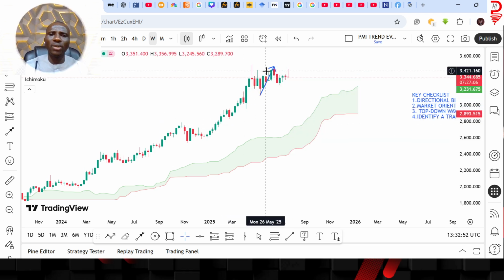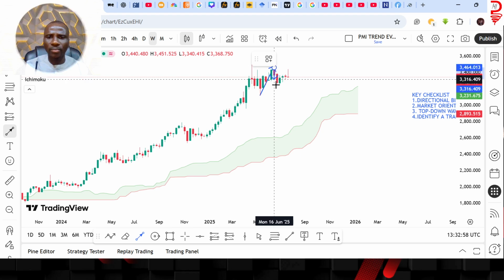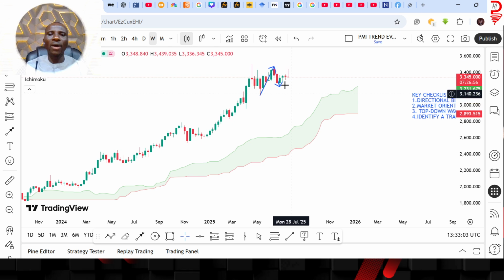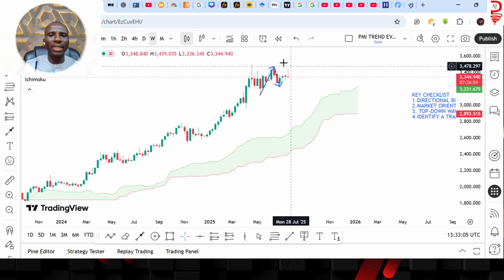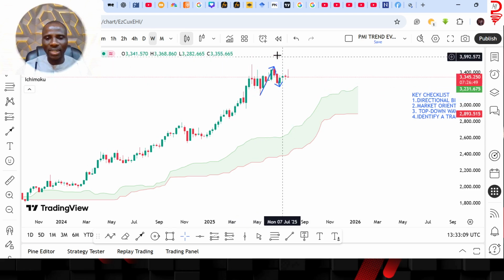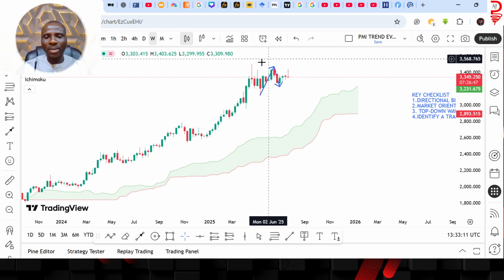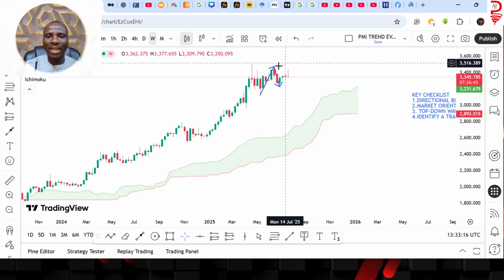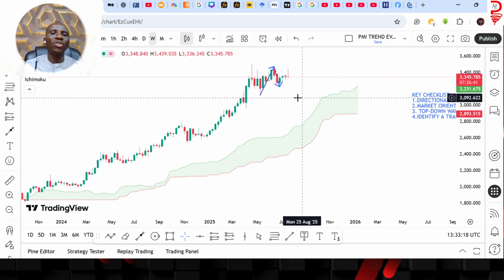So currently, we have something that looks like a correction on the weekly. Now, gold currently is experiencing this movement because what is pushing gold now is the fact that there is dollar aversion,